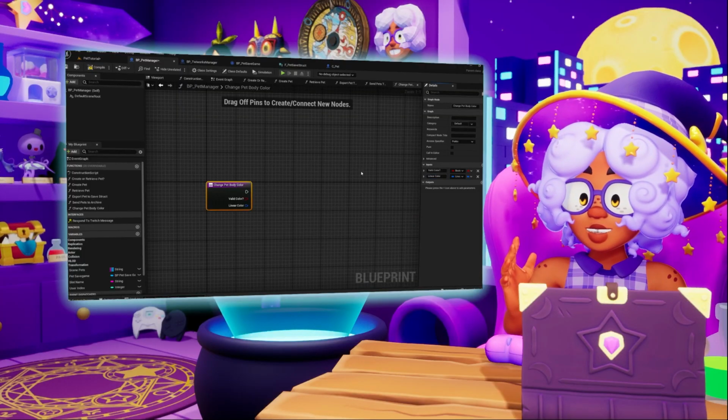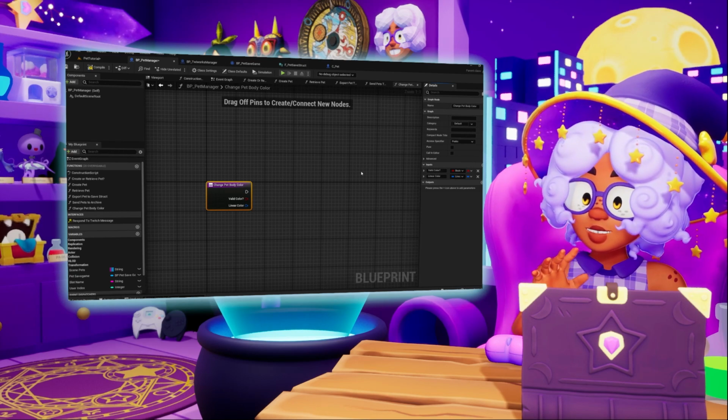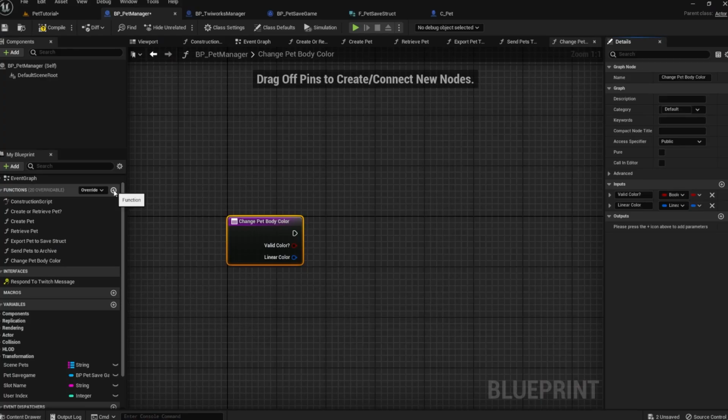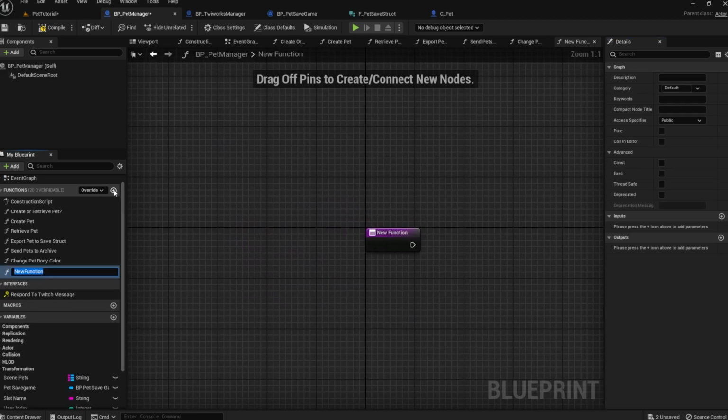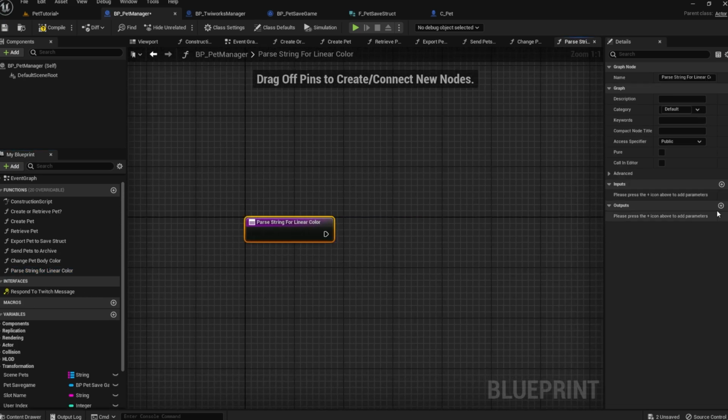Next, we need to create a function that takes in a string that the user types and turn it into a color that Unreal Engine can use. So create a new function called parseString for linear color. We're going to keep this one kind of simple and just have the user type 3 numbers for the red, green, and blue channel values.